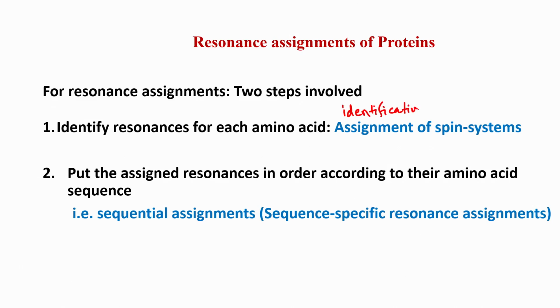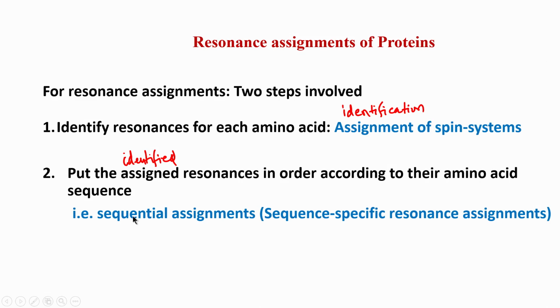It is not just assignment; we are not assigned at this stage, we have identified. So, it is an identification of spin systems in a spectrum. So, which spectrum? That was a TOCSY. So, once in a TOCSY spectrum you identify a spin system, then you can go to NOESY and put the assigned or identified resonances in order. So, I can again write here identified resonances, it is not assigned yet, identified resonances in order. Order means in the correct order in the sequence.